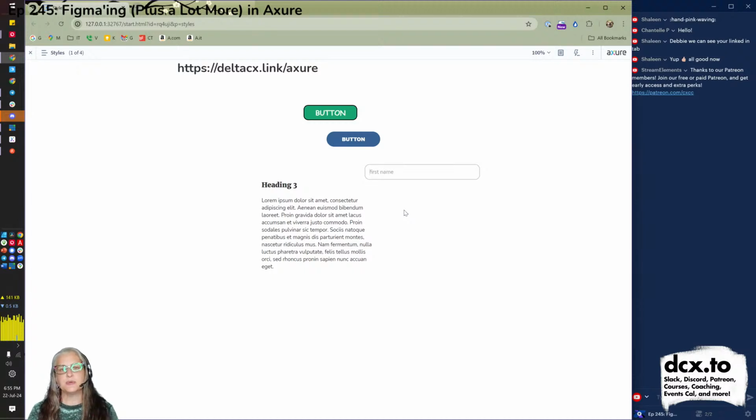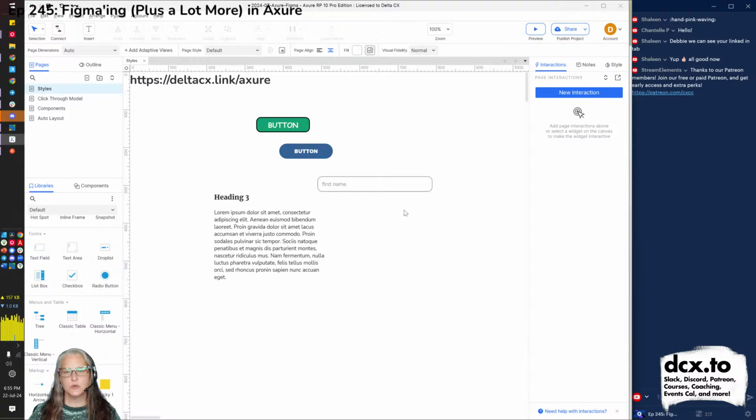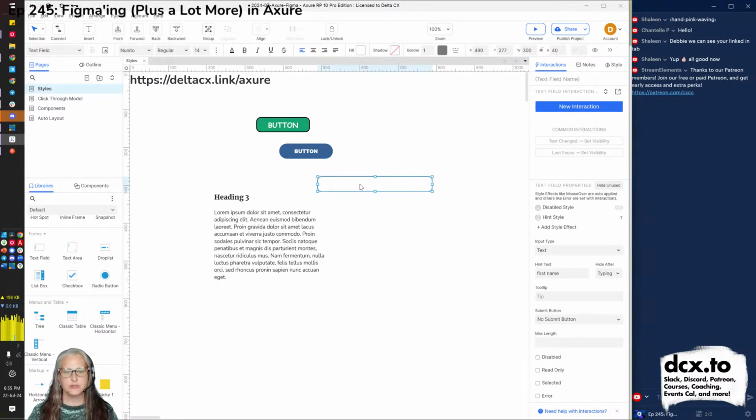And again, some people are saying don't use field hints as much. It's not good for accessibility. Put all of this information outside the box. I'm totally with you there. But if you did want to have something act as a field hint, you can. Totally up to you. If we say that this is disabled, notice this checkbox down here. Disabled. It will then enact whatever is the disabled style.